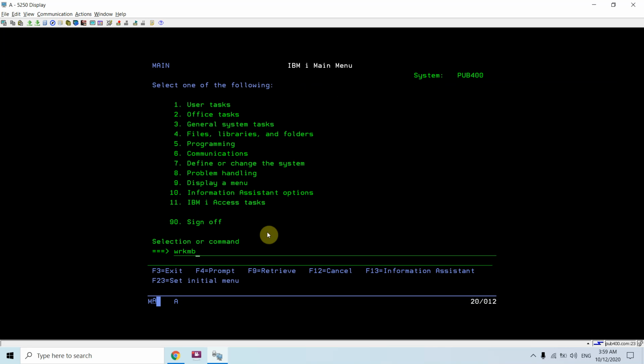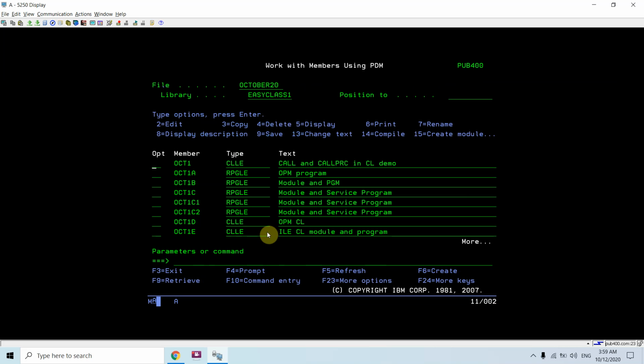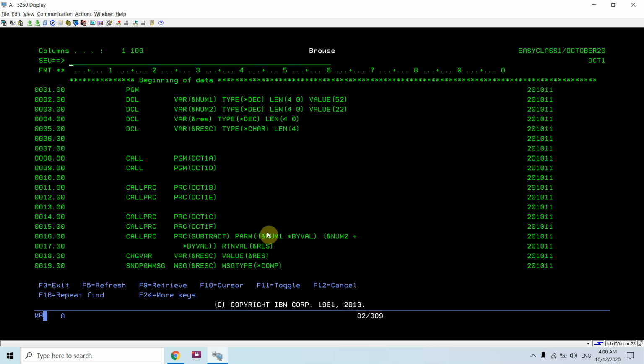So here we have seen how we can use the call commands while calling the other PGMs, either RPG or CL or any other PGM. Okay, and yes, we can pass the parameters with them. Here we didn't pass that, but we can pass a parameter normally. And with call PRC, as you can see, sometimes it requires to pass the parameters, and in case it is star none, return value is by default star none.